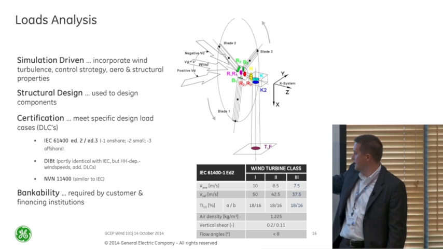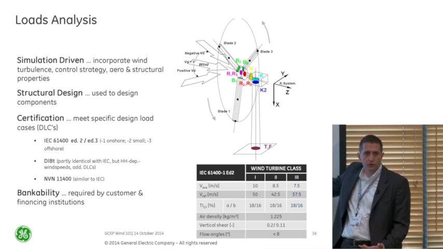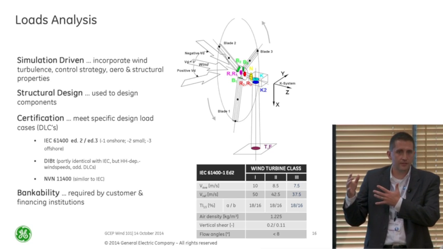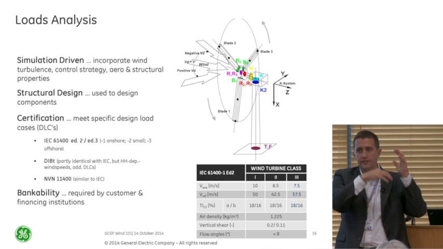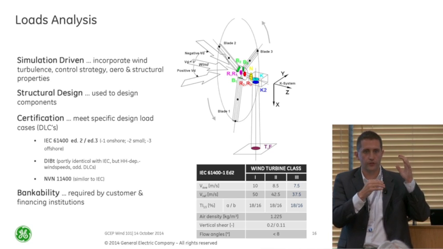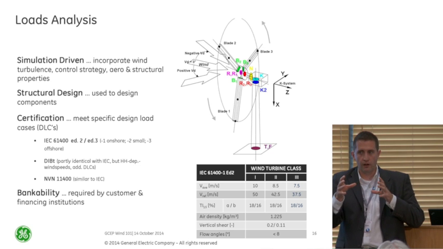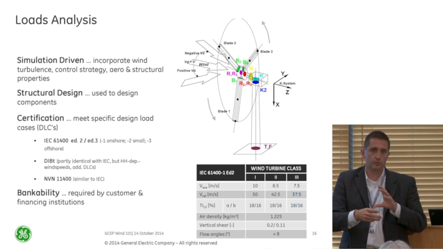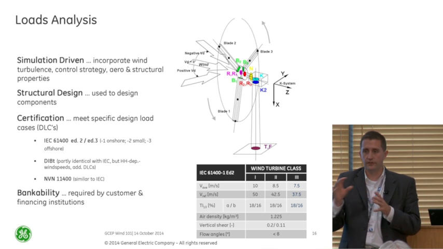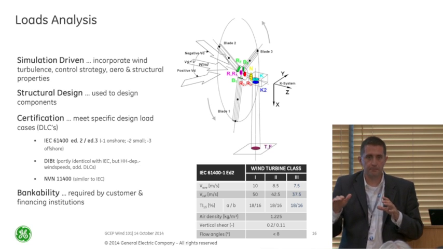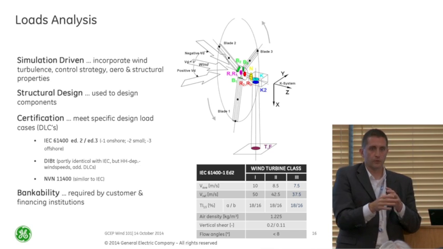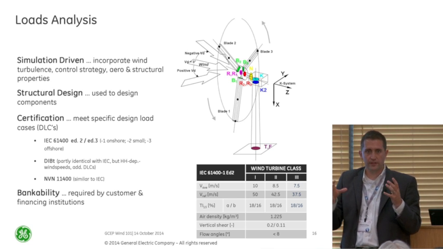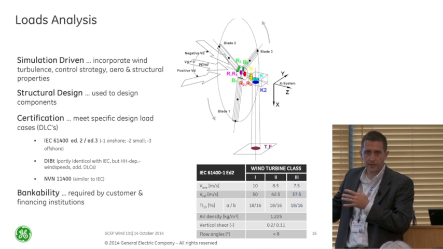8.5 meters per second. The maximum speed you're going to see is 42.5 meters per second. You can do it at some different turbulence intensities, and we're going to define all of these different cases you have to handle. For example, you're running and all of a sudden you lose your grid connection and now you have nowhere to put the energy and you need to brake. Or you're going to see a big gust in wind, and they define all of those so that now you can design your turbine to meet these standards